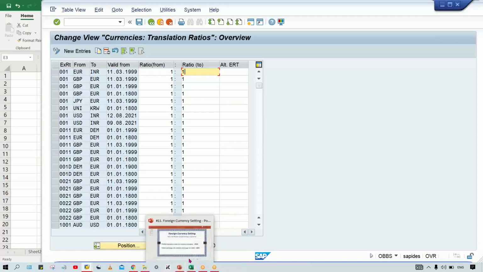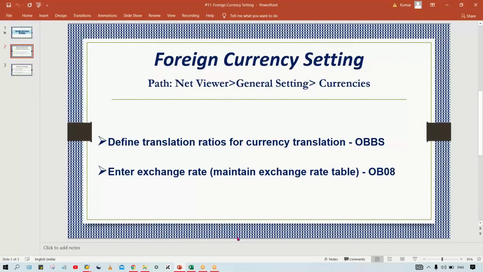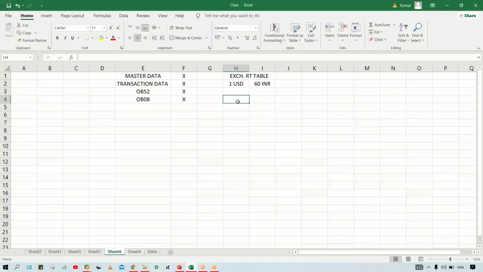Generally what happens, say for example, due to inflation, there are certain countries where their currency prices are quite low. Their currency price is like, say for example, 1 USD equals 10,000